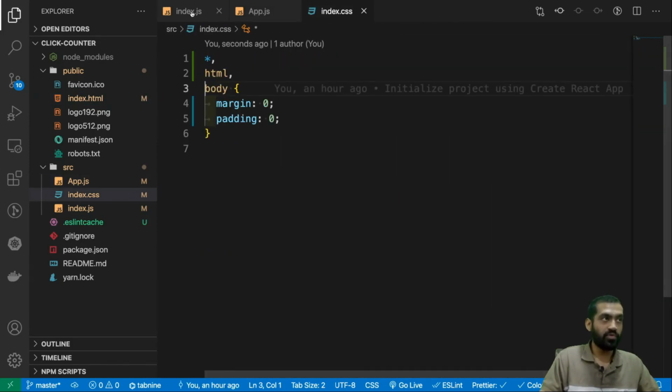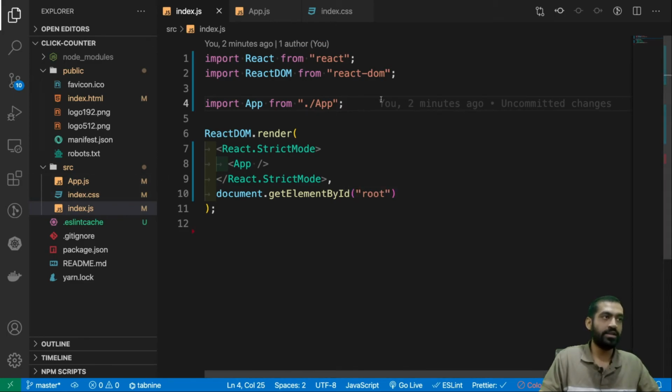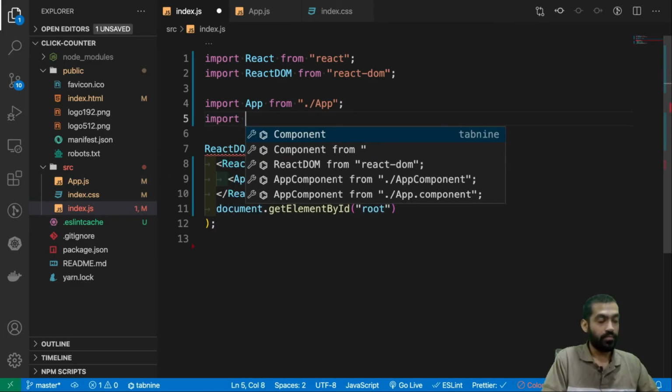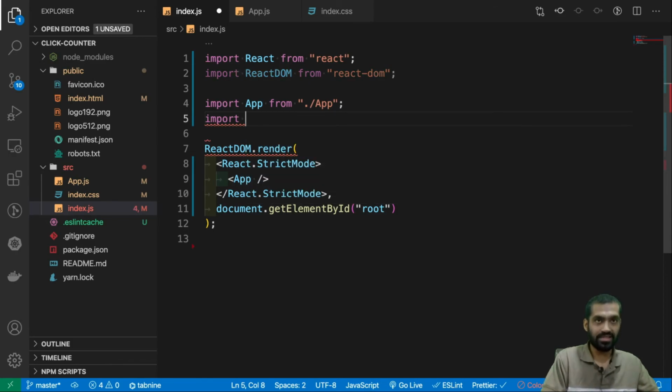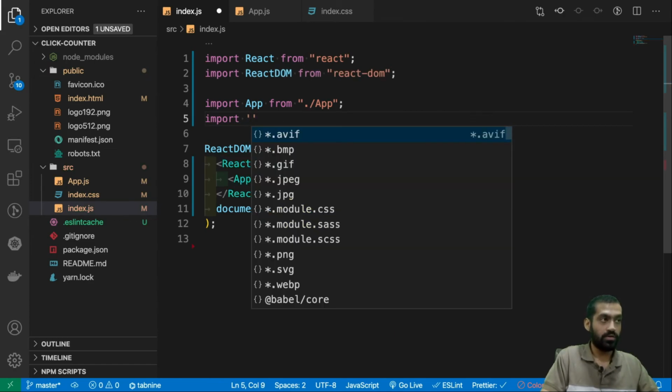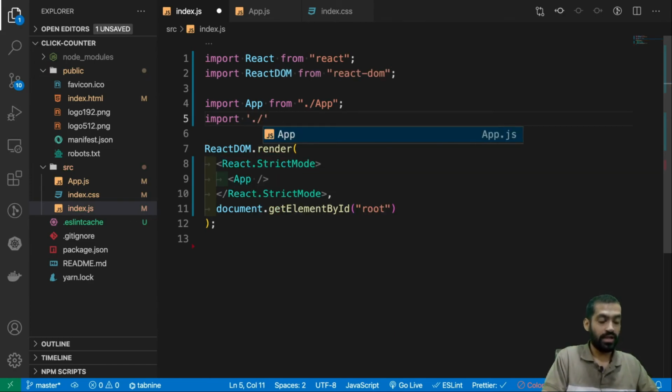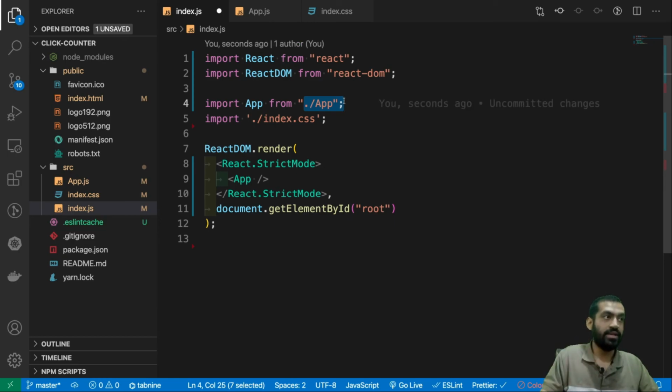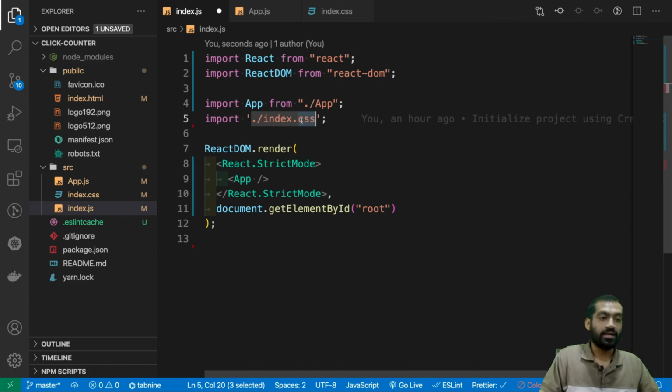So first things first, we need to import this file, and we'll import the index.css file in index.js. So let's just do that. Import, and in order to import CSS files, right, the convention is a little bit different. We do not import CSS files the way we did with JS files, right? What we do is we do import, quotes, dot slash index.css. Okay, by the way, when we wanted to import app, right, we did not write app.js, right? Remember this, for JS files, it automatically knows that there will be a JS in the extension, right? But for CSS file, React doesn't know that.